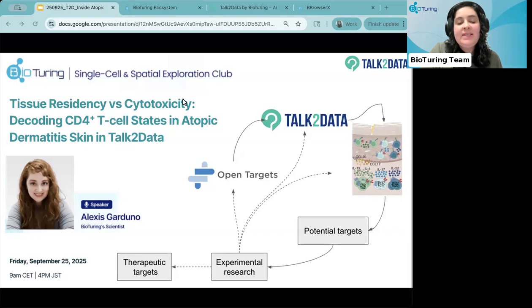Today's weekly session will focus on tissue residency versus cytotoxicity, and really being able to explore these different CD4 positive T cell states in atopic dermatitis skin. This will be explored through the new Talk2Data, which will also incorporate BBrowserX Pro for the more advanced analysis, and really how you can harness the public database to answer these specific questions within this specific disease